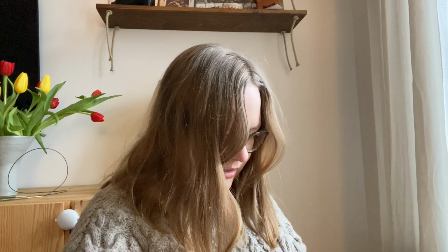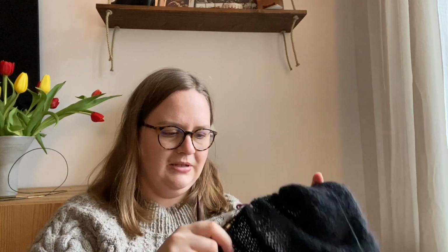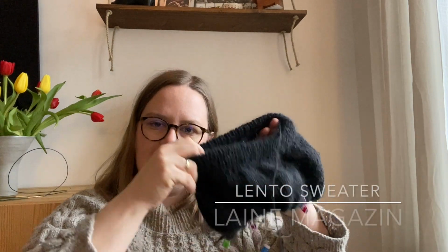So I had this finished and I cast it on on Saturday. I knew when I had to go to work I wouldn't have anything to work on with me, and so I decided 1 hour before I left to cast on the stitches for my Lento. So I'm taking part of the Let's Lento knit along. You can't see much because I'm still having this on 60 centimeter circulars, so it's all bunched up, but it's working. So the Lento sweater is a pattern from the Liner magazine,